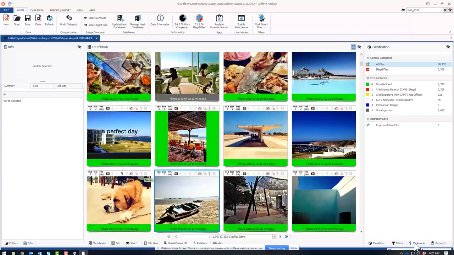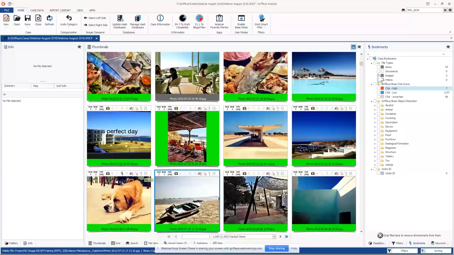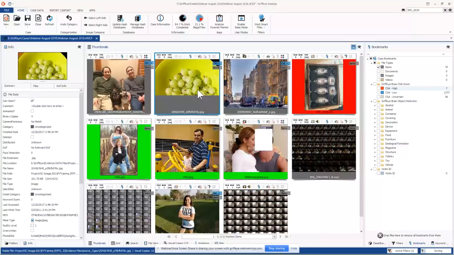One thing I forgot to talk about, I'll mention real quick, is de-duplication. Not only does Griffeye Analyze, as it brings files in, pre-categorize or make a determination and say, hey, this file is known to be CSA, or it's non-pertinent, or it's in whatever category, Griffeye Analyze also deduplicates by stacking MD5 and PhotoDNA matches. So any file that matches via PhotoDNA or MD5, it's going to stack them all together.